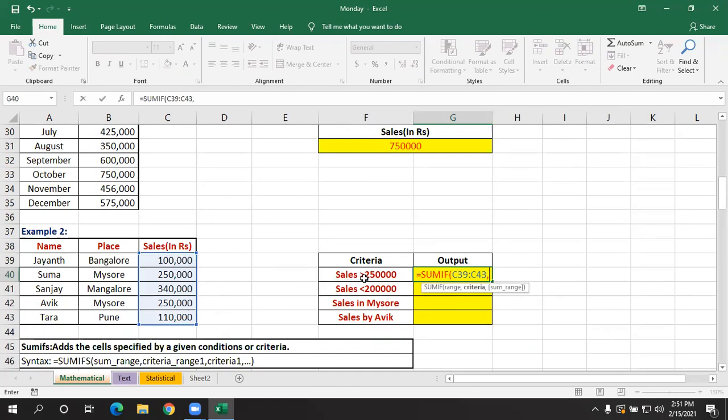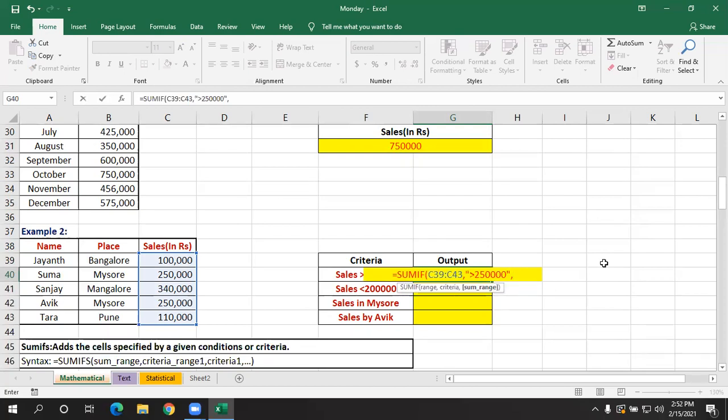In the sales column, if the sales is greater than 2,50,000, then only you have to calculate the total. So the criteria goes within double quotes. Whenever you are giving a criteria, always give it within double inverted quotes. Here you give greater than 2,50,000, close double quotes, comma.